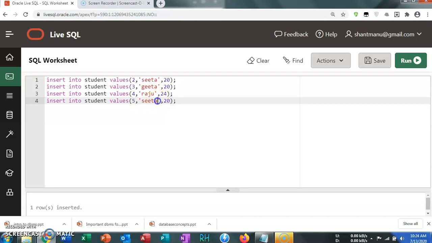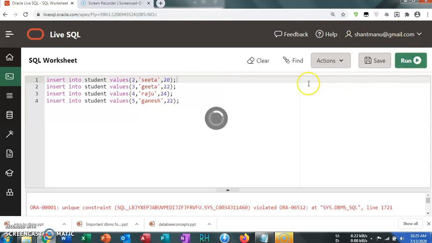So you have to insert some records into your table with different values. Here also Geeta, suppose, having age 22. Okay, let's execute those commands one by one. Run. Okay, means unique constraint violated means all commands got executed.